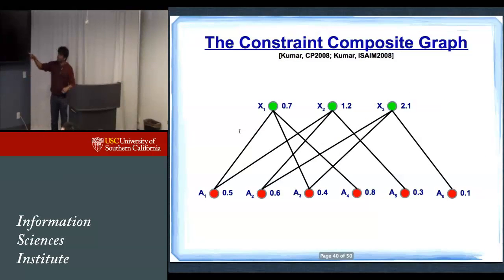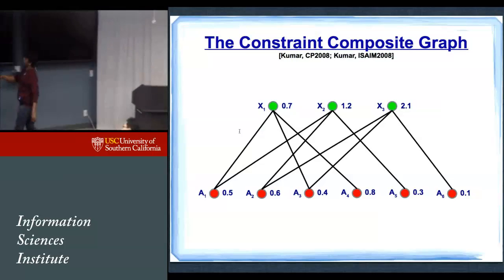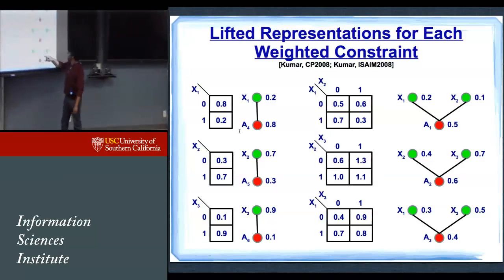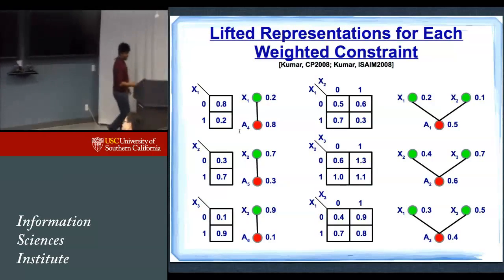Okay, the weights on x1, x2, and x3, however, are the total weights. So for example, why does x1 have a weight of 0.7? That's because it's the cumulative weight here: x1 equals 0.2 plus 0.3 plus 0.2 there, right? So I have this composite graph that